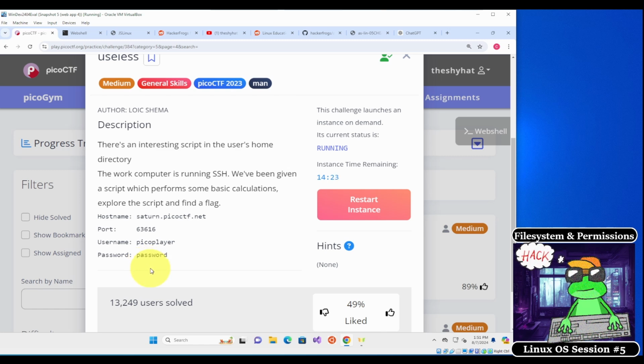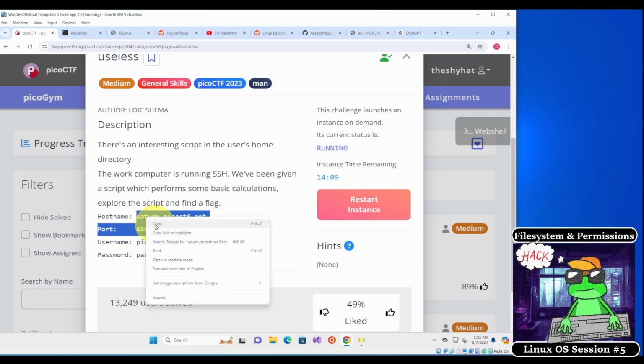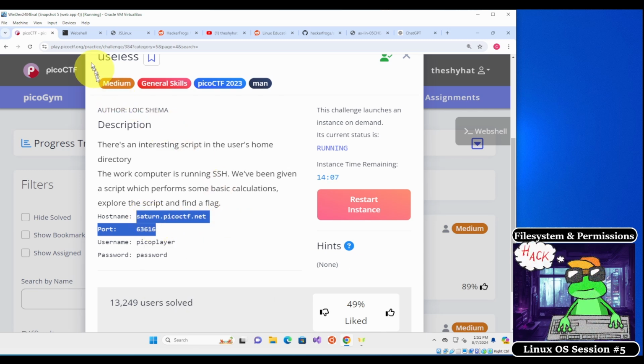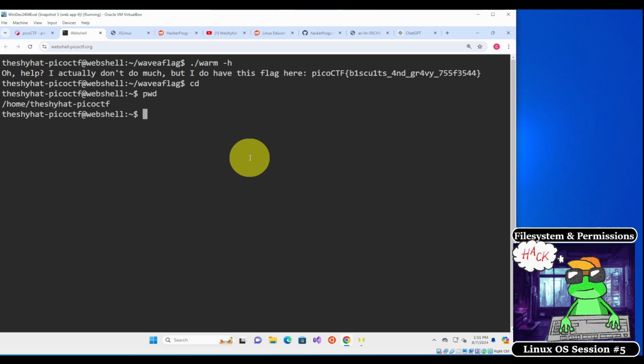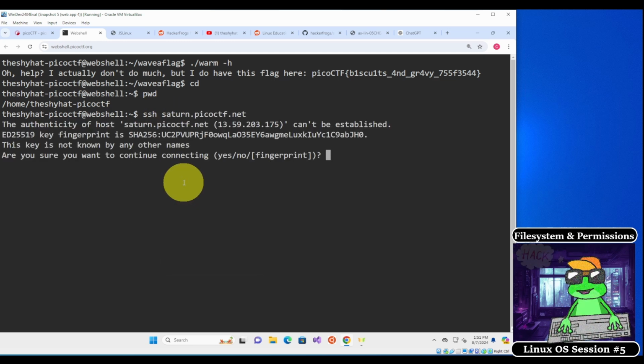If anybody remembers how to use the SSH program, first of all, I just highlight all this right here, from Saturn until the end of the port number, select copy, and then go over to your web shell. From here, type SSH, and then after that, paste in this info. Oh, okay, maybe that's not what you want to do. Hold on. Okay, so you want to SSH and then space and then